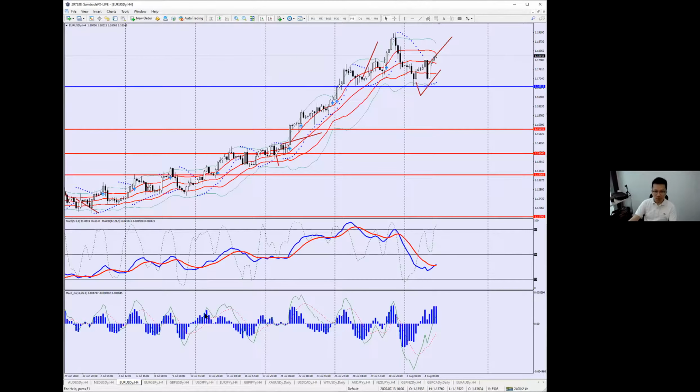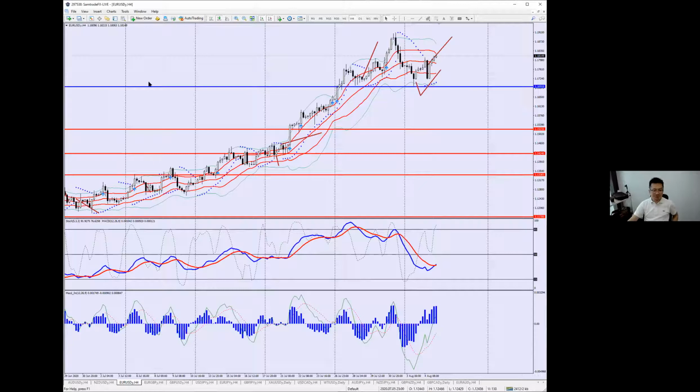The euro US, Kenneth and Sirin were just going on and on in the chat just then. Kenneth has made a lot of money on it. Sirin has made a lot of money on it. We've made a lot of money on it. Those people on the MAM trading account, you are making a lot of money on it as well.